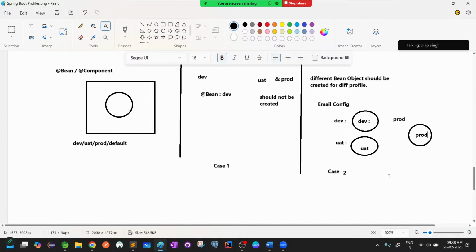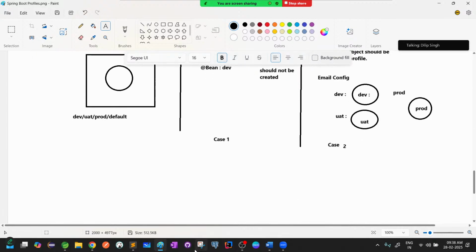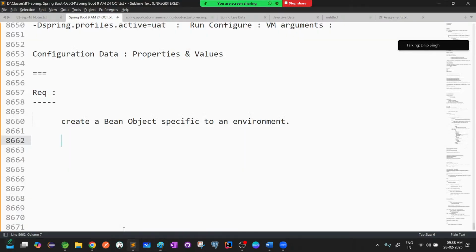So that means you can manage, and this is the point I would like to make here: by using Spring Boot profiles, it's not only about managing the configuration data, you can manage the bean objects also. So that means by using the Spring Boot profiles,